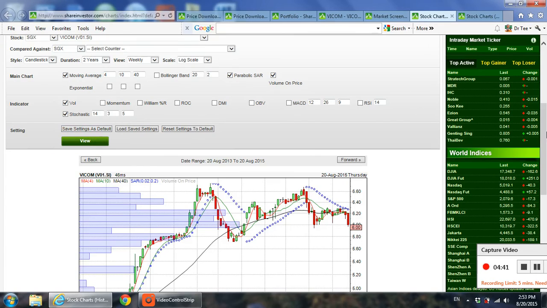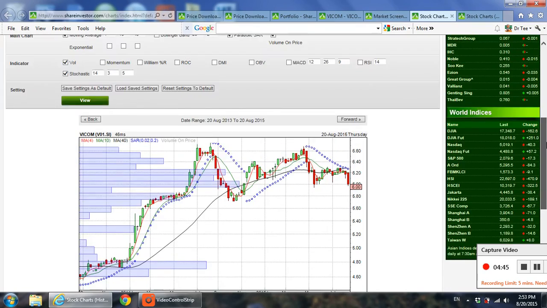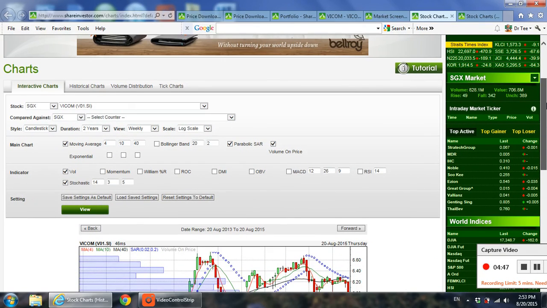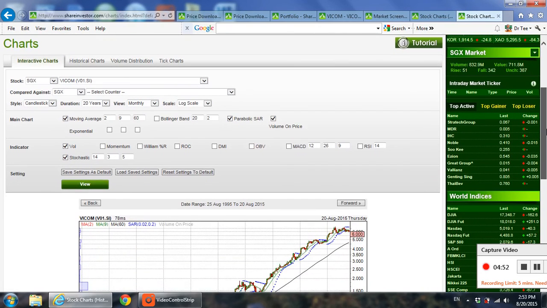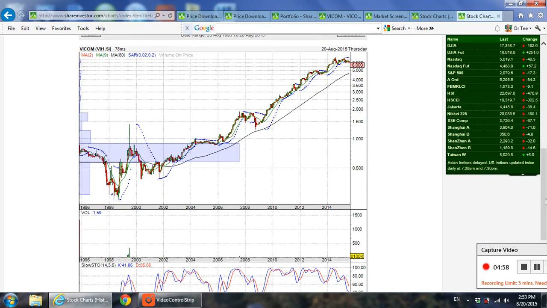The details will be taught by Dr. T on how to interpret the data for this weekly chart, which is a good compromise between short term and long term. At the same time, you can plot the long term criteria using 20 years and this criteria, and look at the long term chart. Right, that's all for the